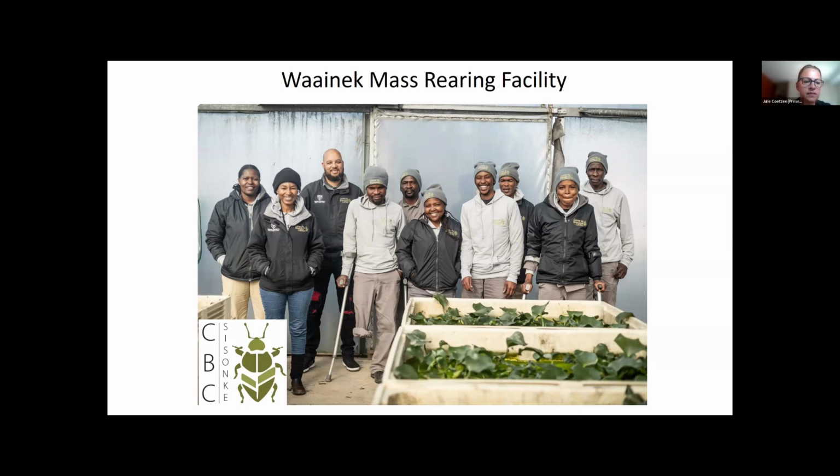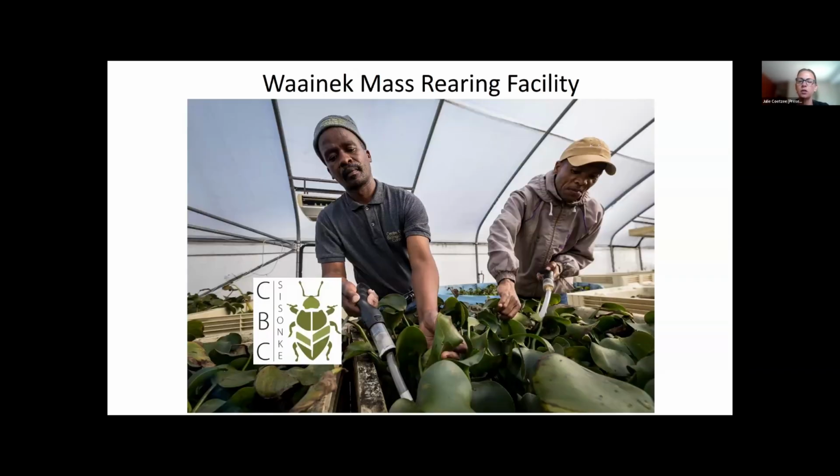And this is our mass rearing facility. It's called our Sisonke program, which means we work together. And this is a team of largely disabled people who come from our local community in Makanda in the Eastern Cape. They previously had no opportunity for employment. They were a burden on their families. And through this program, they are now employed by Rhodes University. They get medical aid, they get a pension, and they are making a huge difference to environmental problems, not only in South Africa, but throughout Africa.